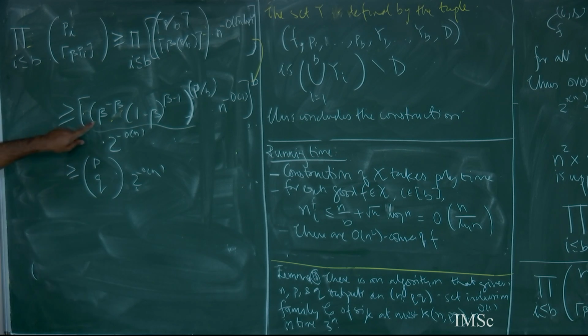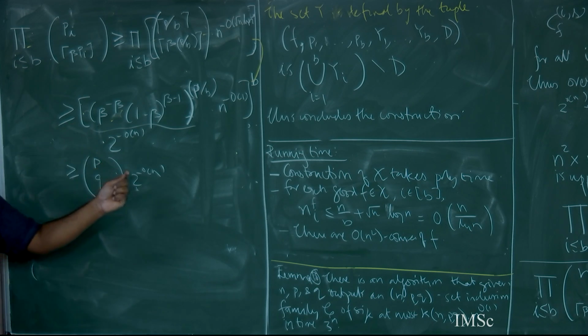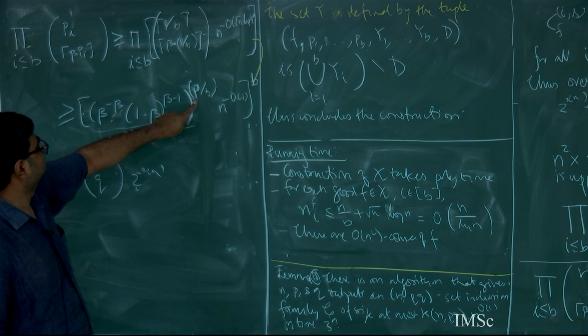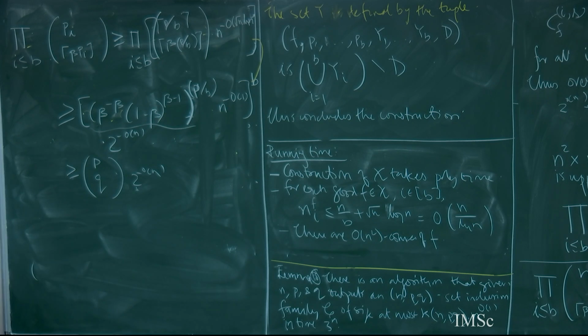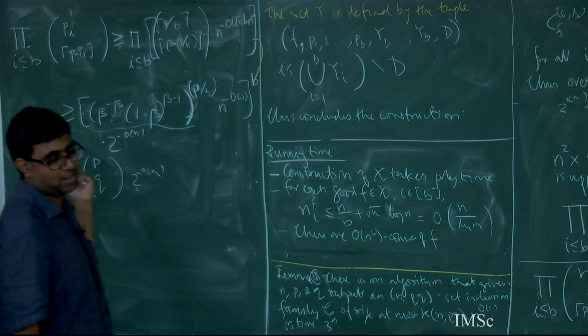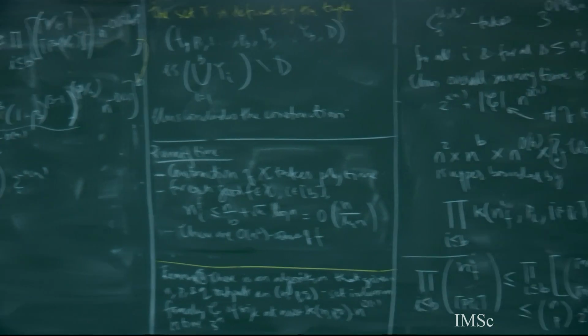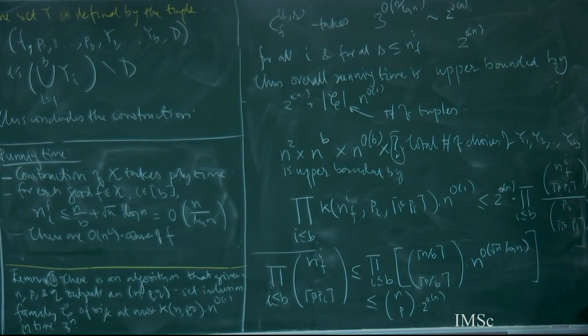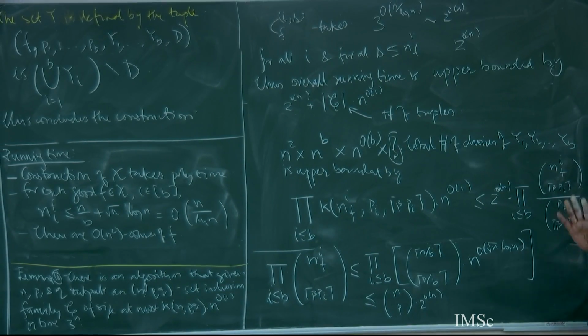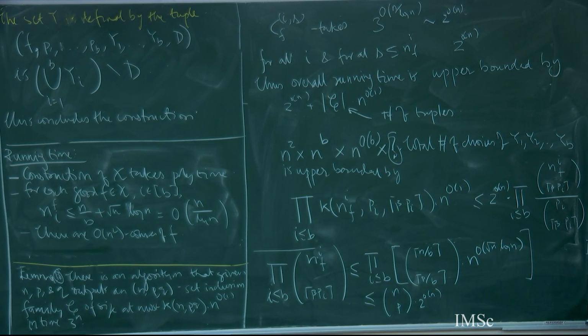Do you remember this term? N choose alpha, N is blah blah blah. It is exactly that. That's basically what I've used, nothing more. I wrote this that day, right? N to the power P by B. So you lower bound this, you upper bound this. These are simple computations which you people are much better at than me, so let's not spend time. That's not the point. This is how you construct things.